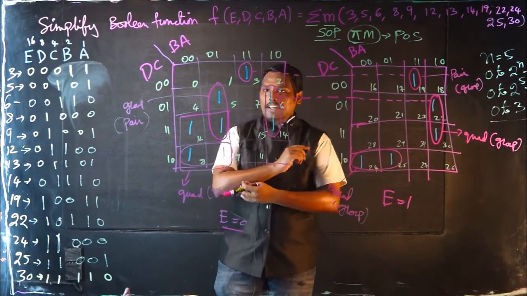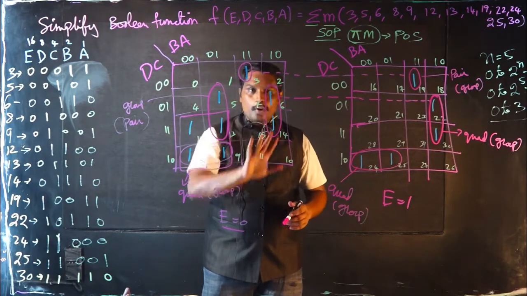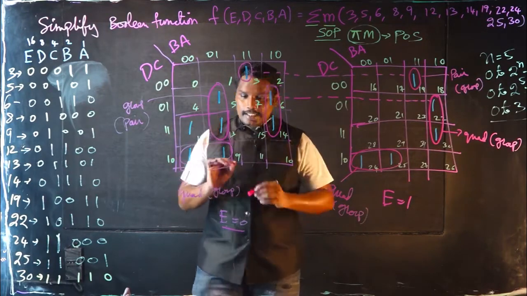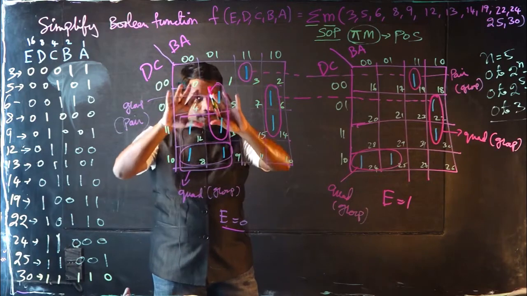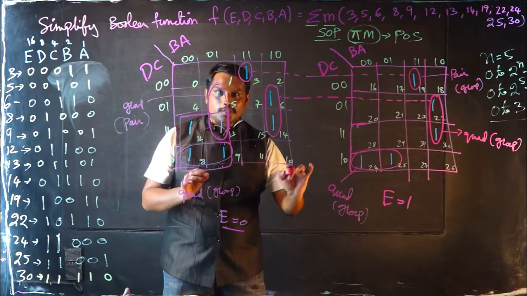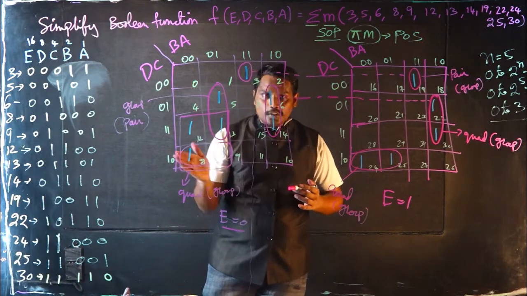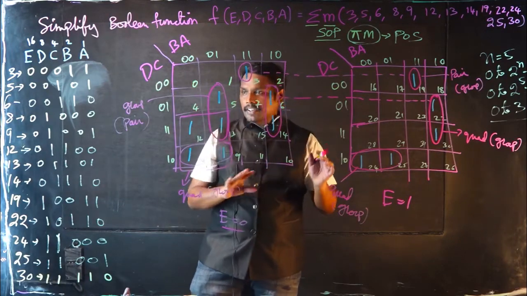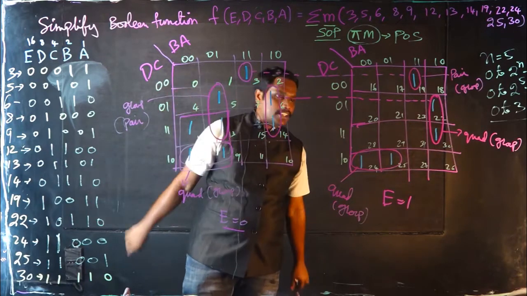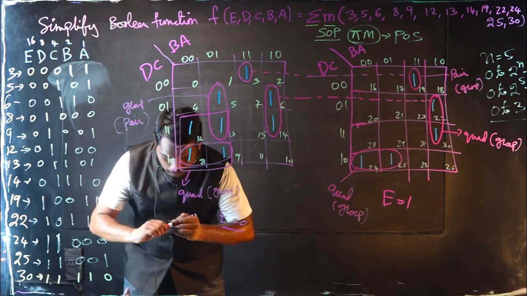One more thing I would like to tell you: if a Karnaugh map has all ones, then the expression for that Karnaugh map, which has all the cells 1, is y equal to 1. That is how the expression is represented. If all are zeros, then y is equal to 0. Okay, now coming to the actual procedure, we are going to form the equation.